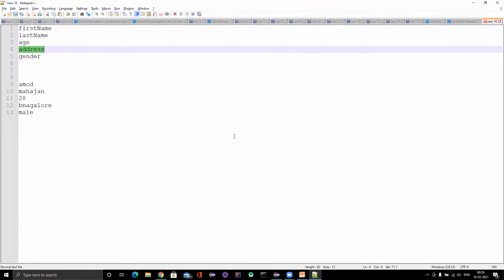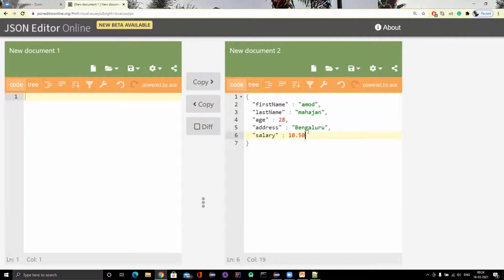Then I want to store whether I am married or not. So let me create a key married, and the value should be a boolean, true or false. If you are married, put true. If you are not married, put false. For boolean also, there is no need to give double quotes. If you give double quotes, it will be treated as a string.